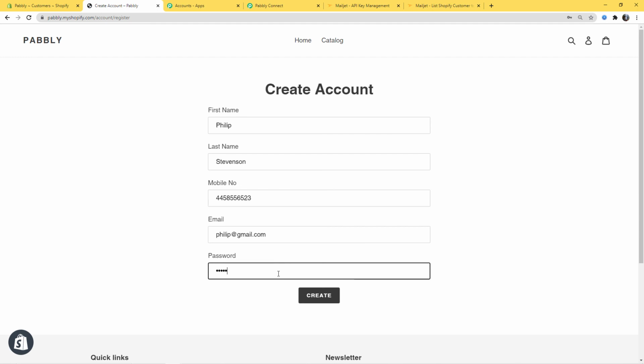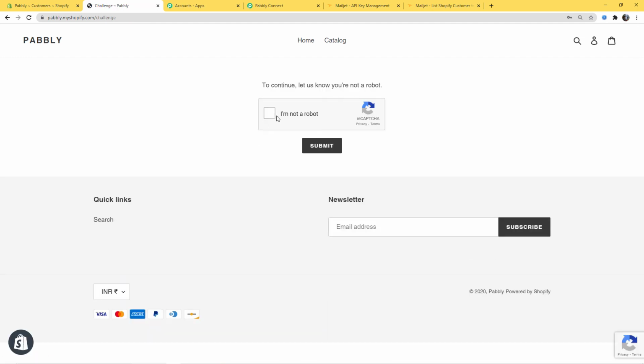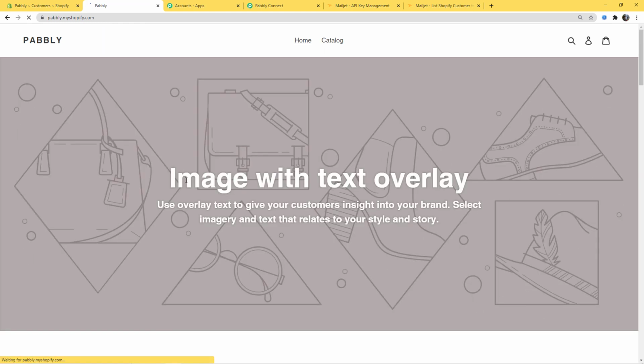Password, create. Okay, so we have created a new account for our new customer. Let's go to Mailjet and see if the new contact is added to that list or not.